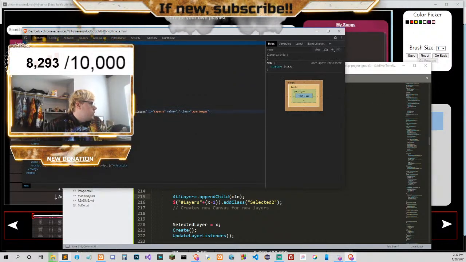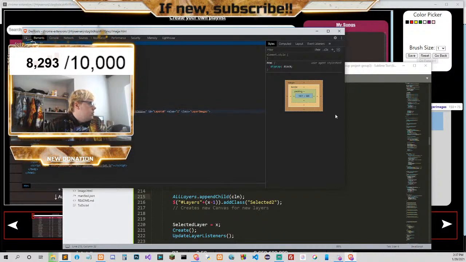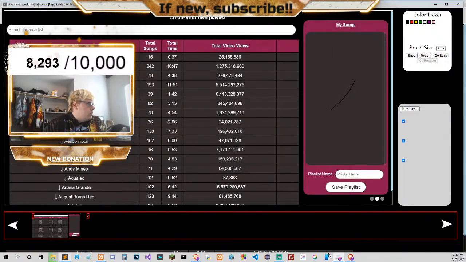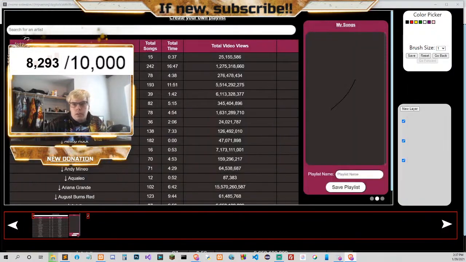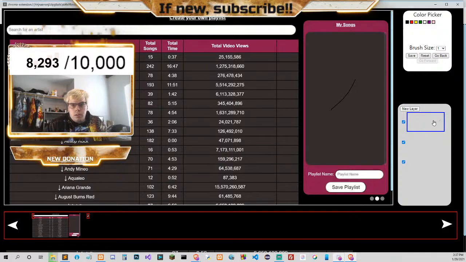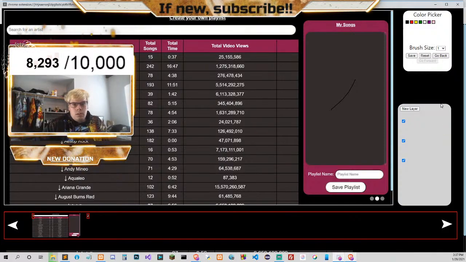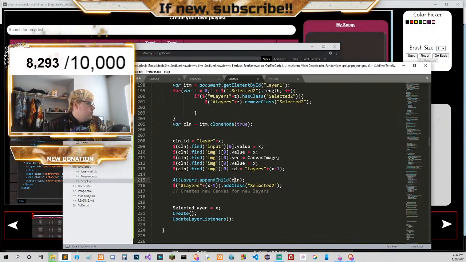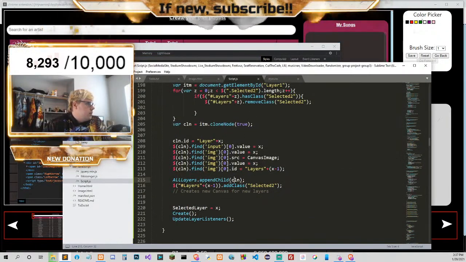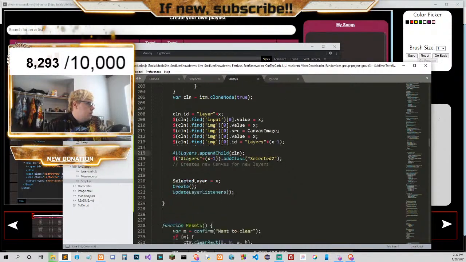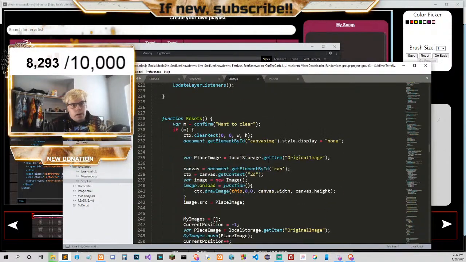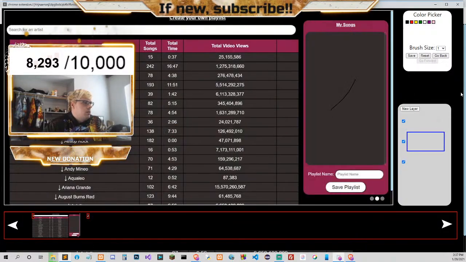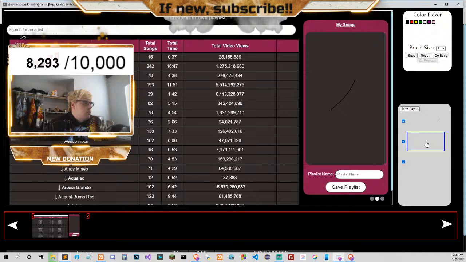So where's layers 1? Which is here. Which is layers number 0. If I click on it, let me look in the other screen. Oh, okay, I get it now. Hold on. So if selected 2, when I click on it and I hover out, it removes it. So like, look at this. So if I do this, no.